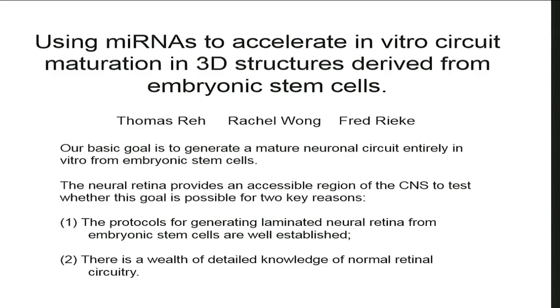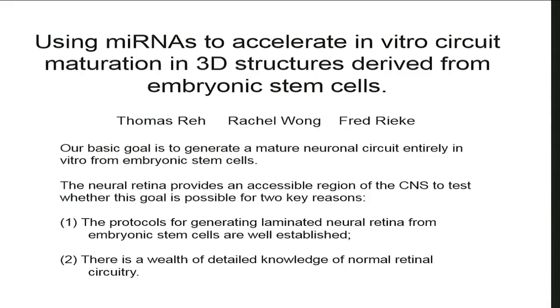The basic goal was motivated by the fact that a lot of neural diseases are problems of synaptogenesis. We've heard a little bit about autism, and some of the genes that are related to autistic disorders are genes that are involved in synaptogenesis. Synaptogenesis is a relatively late part of the neural maturation process during development. Synaptogenesis and axon guidance usually occur after the neurons are generated.